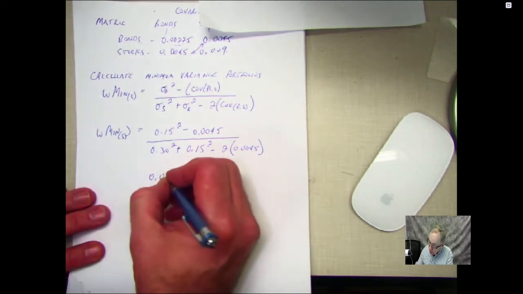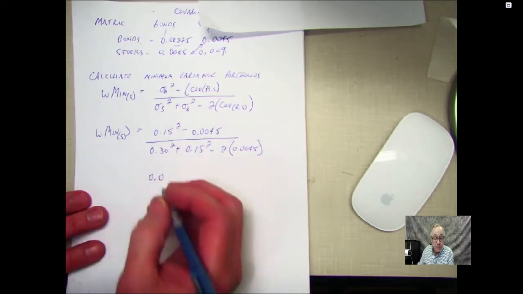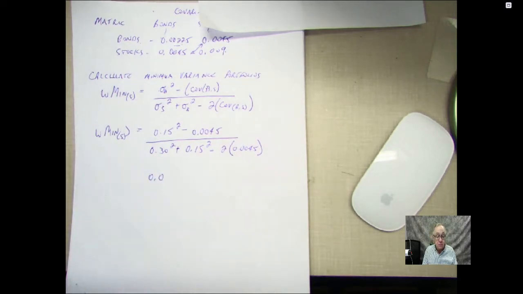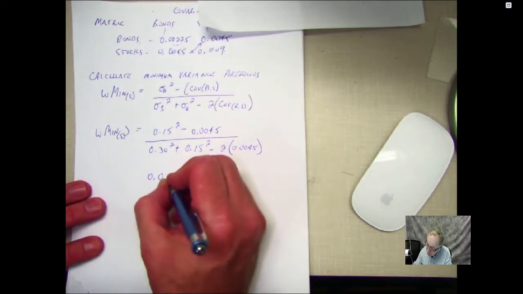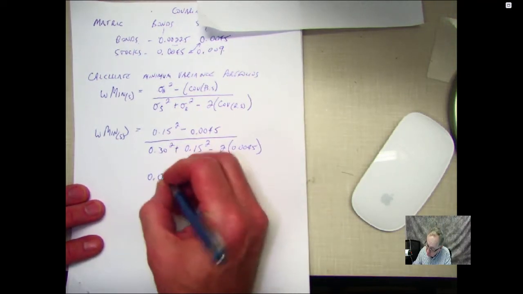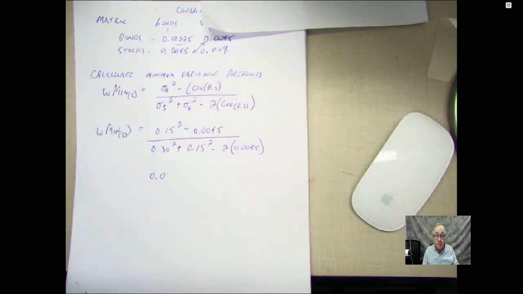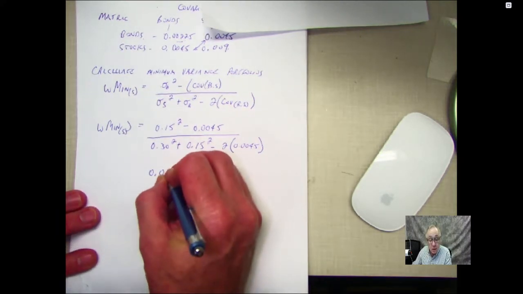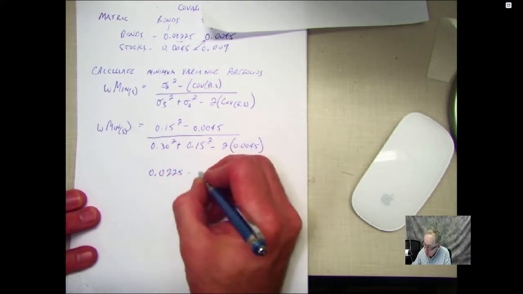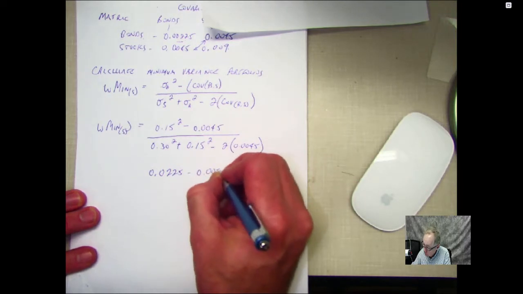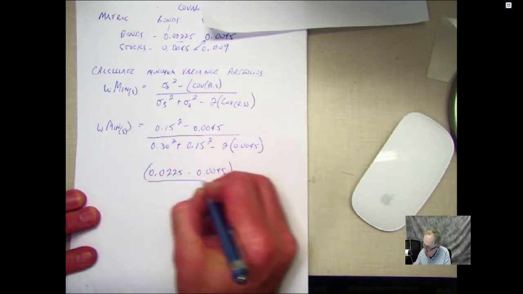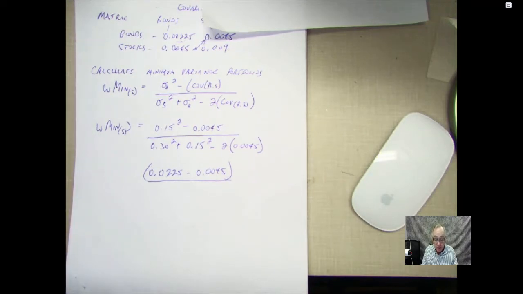Pardon, so 0.0225. I don't have enough zeros. A bit perplexing here. So 0.0225 minus 0.0045. That's my numerator. The denominator,